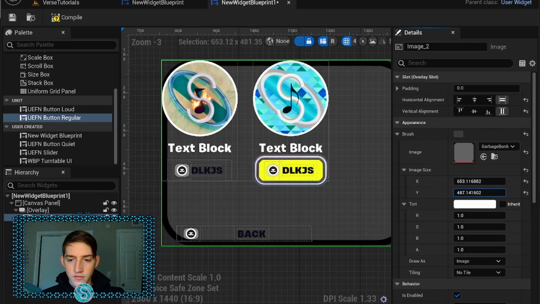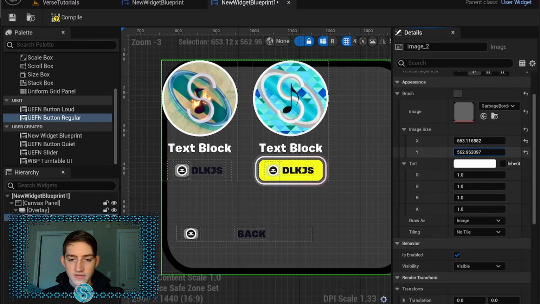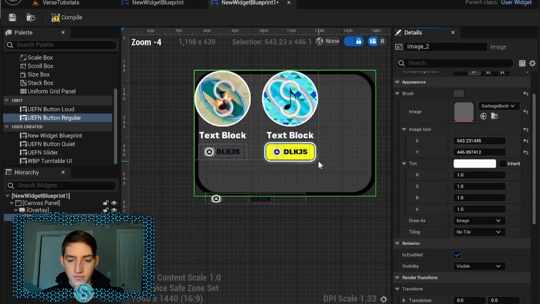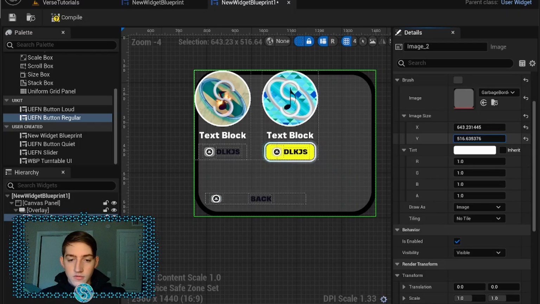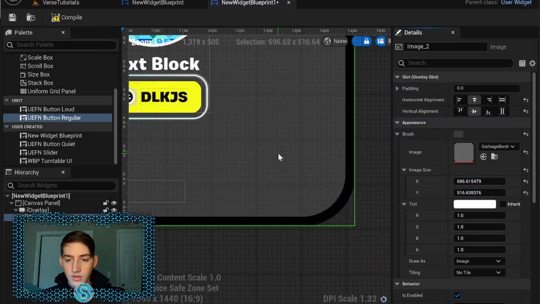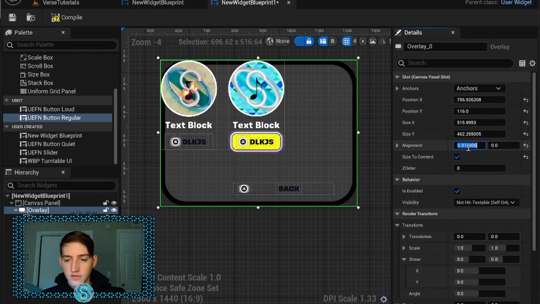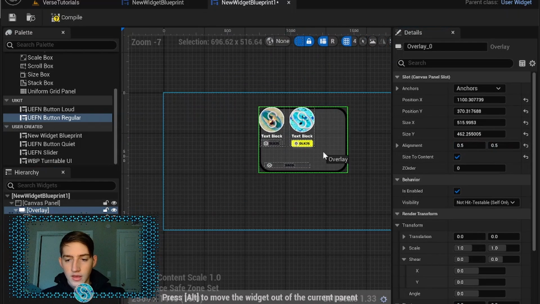So you can center it or whatever. But the size of this image is going to determine the size of the overlay, because it's larger than all the other widgets. So eventually you'll get that well adjusted. In your overlay, I recommend setting alignment to 0.5 and